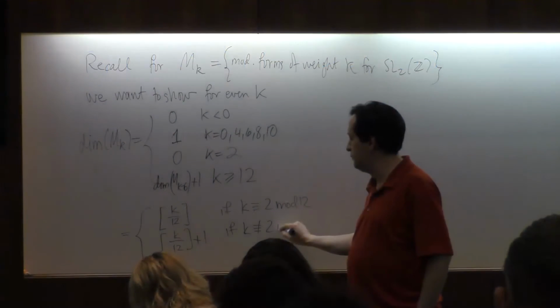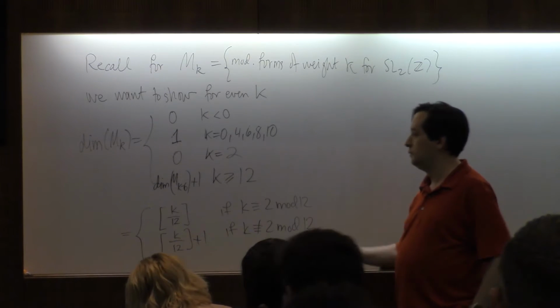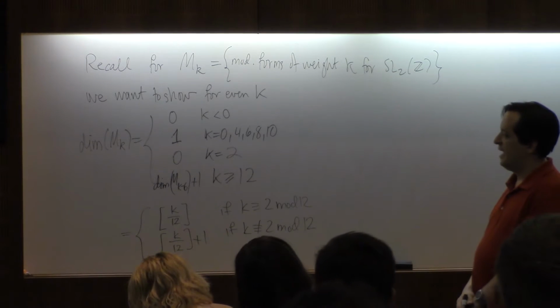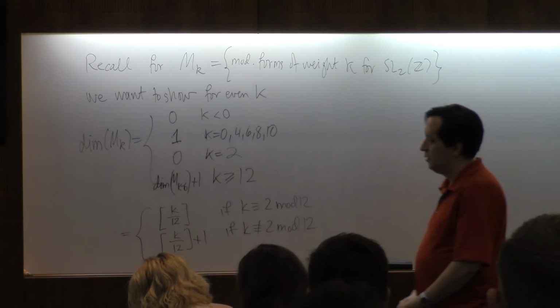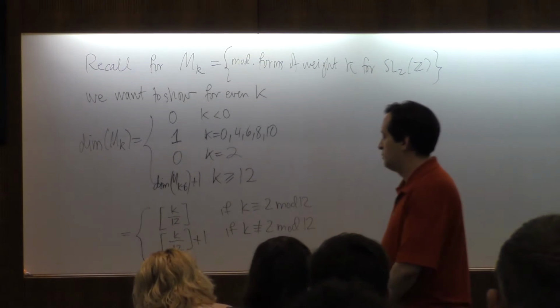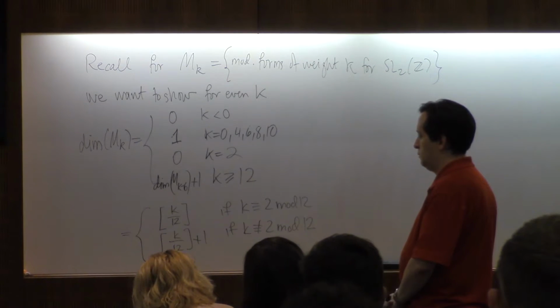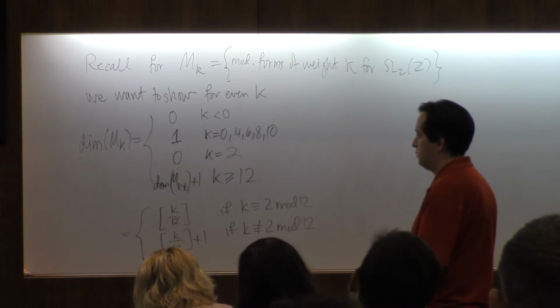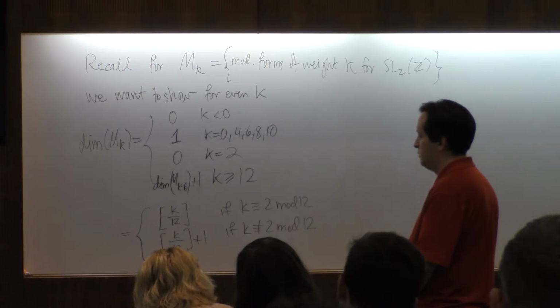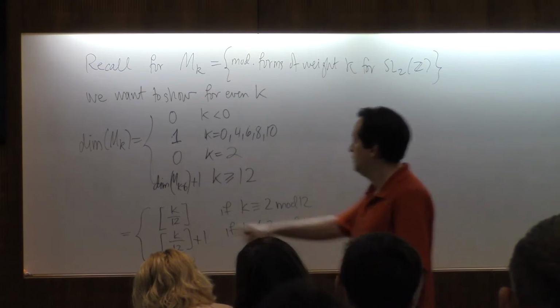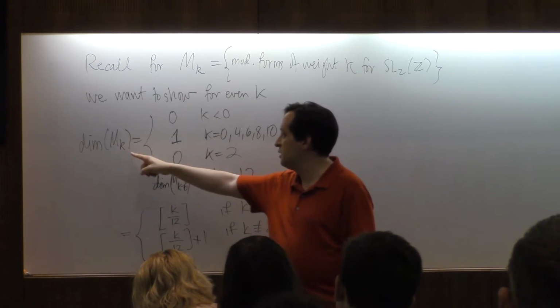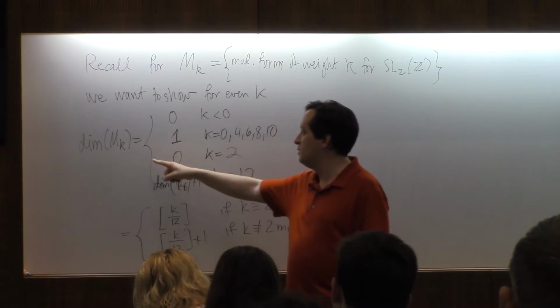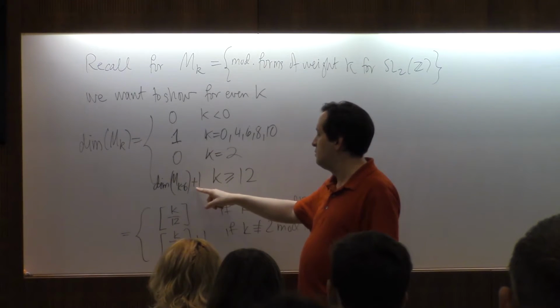mod 12. Okay, and in this expression, notice, I think this is what I wanted to say. Let's try this out. So for example, say if k is like 14, the dimension of M14 is the dimension of M8 plus 1,